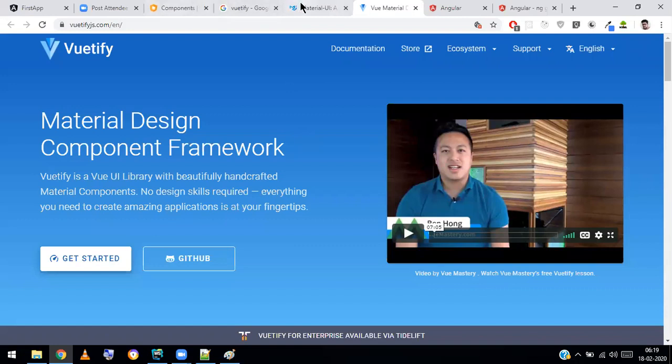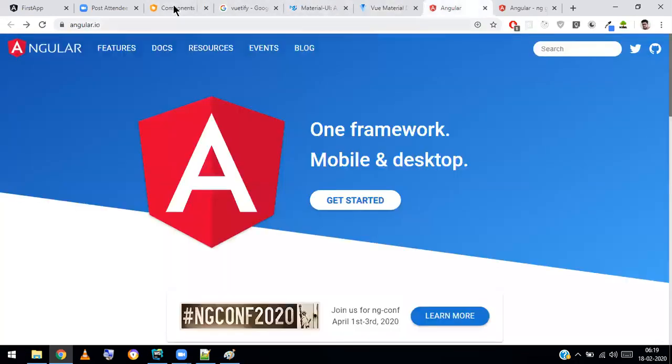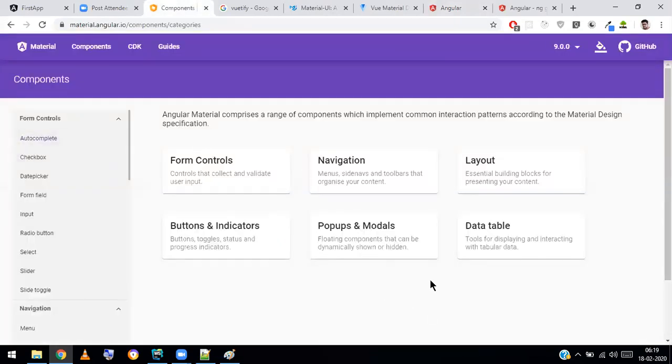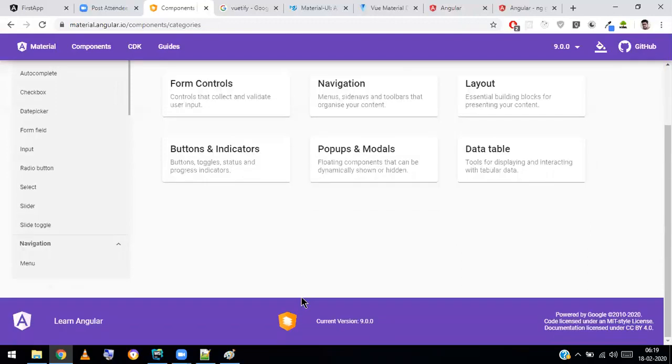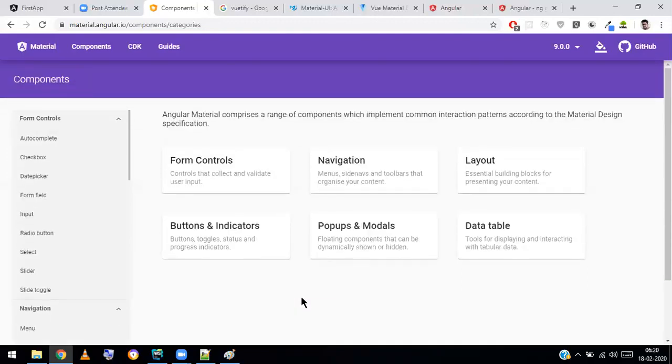One common thing for all is Bootstrap. You can use Bootstrap for everything, but their own libraries are also given. It depends: if your company suggests using Bootstrap, you have to use Bootstrap. If the company suggests using only Angular Material, then you have to learn Material. A lot of people these days, like me facing interviews, are asked about Angular Material too.